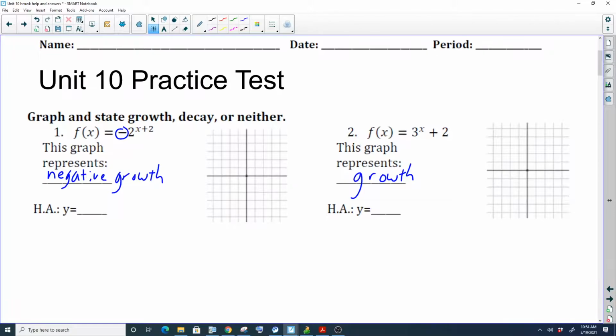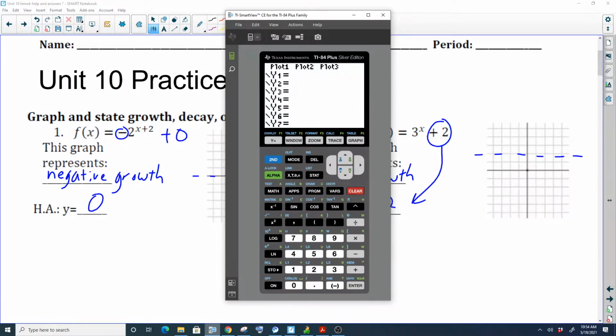So let's see here. Oh, so if there's a number in front of the equation, that's going to be your horizontal asymptote, right? Invisible barrier. If there's not a number in front, you have to assume it's 0, which is just going to be along the x-axis. And so for negative 2 to the x plus 2 power, with the graphing calculator, I feel like it's a